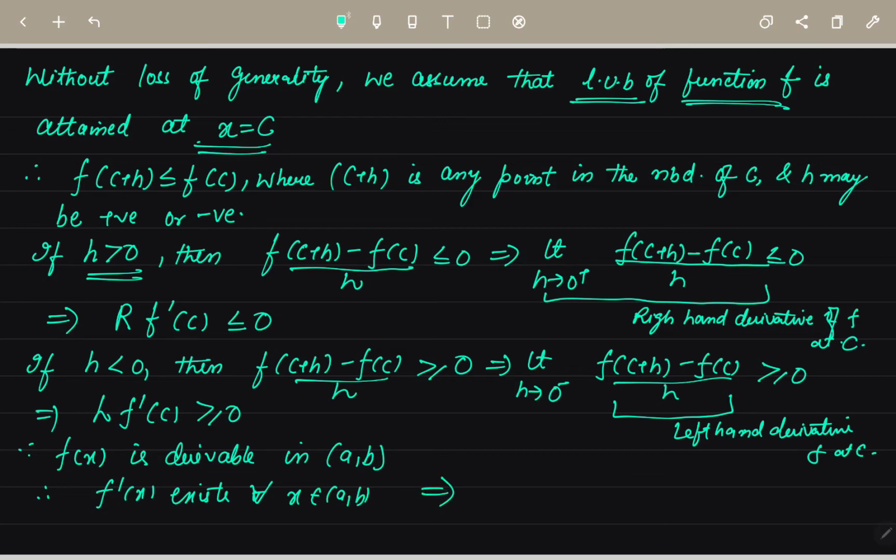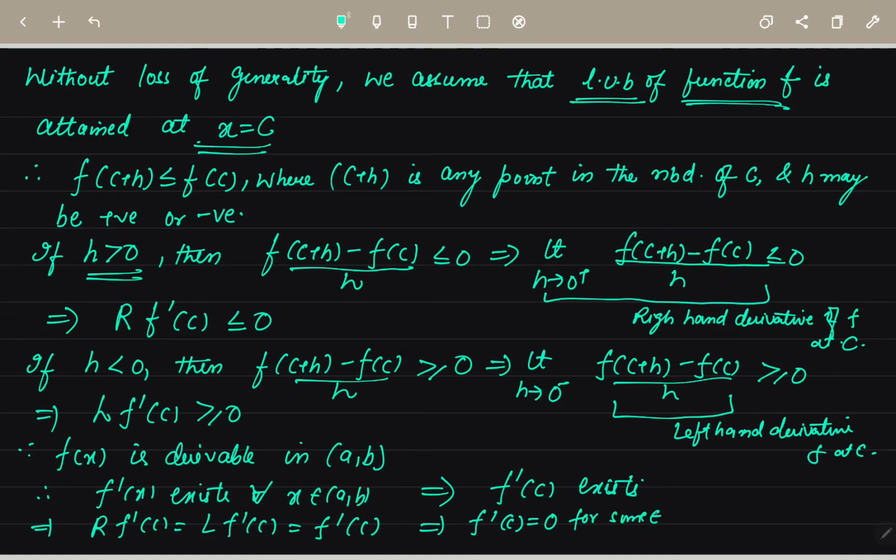So this also implies that f dash c also exists. Now the right hand derivative of f at c is equal to the left hand derivative of f at c, and this is basically f dash c. So this implies that f dash c is equal to 0